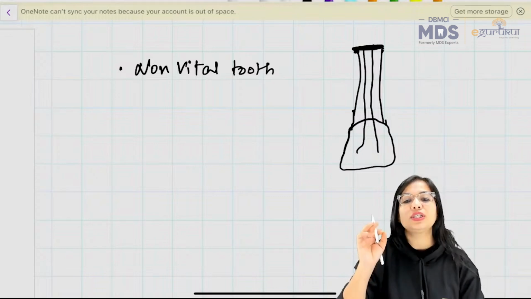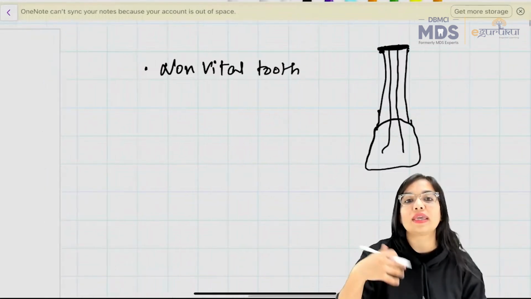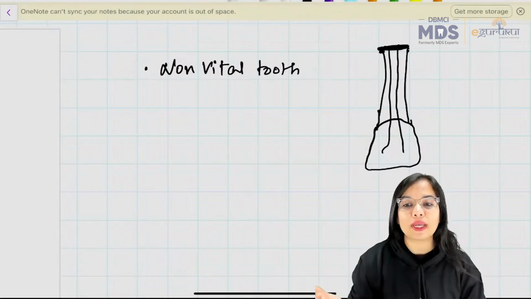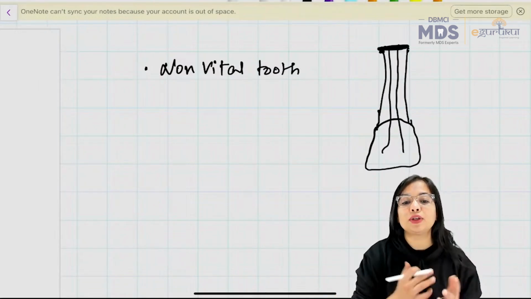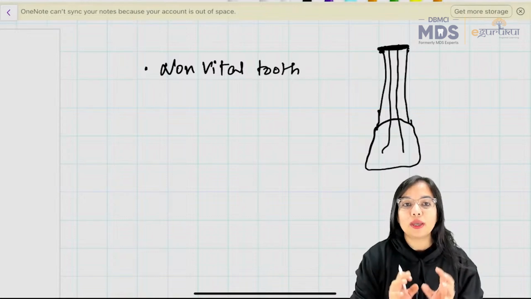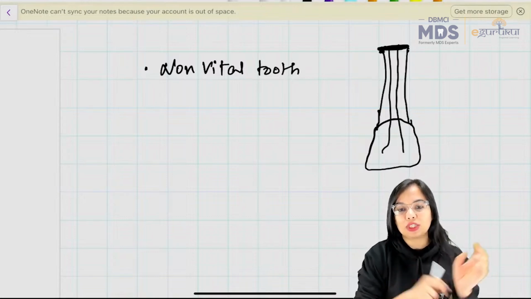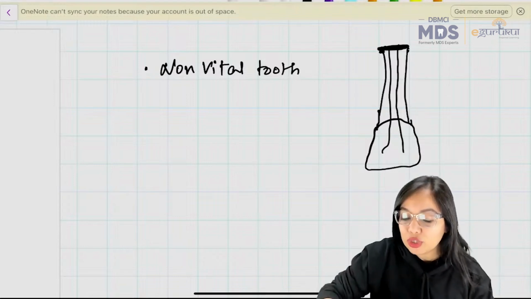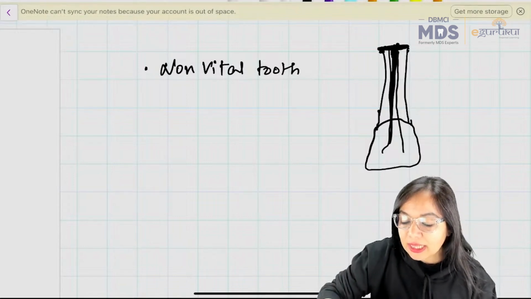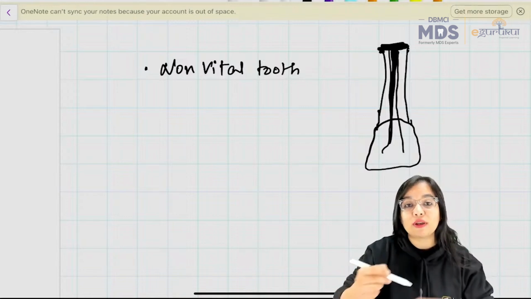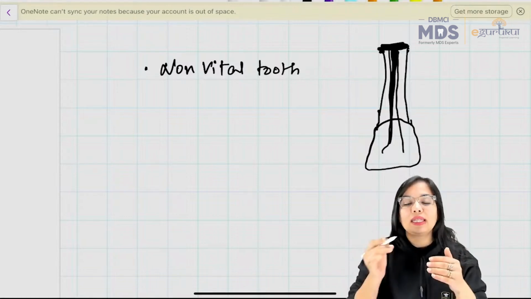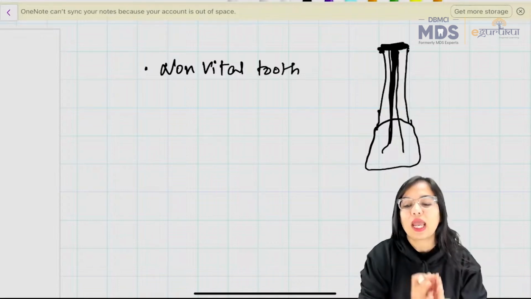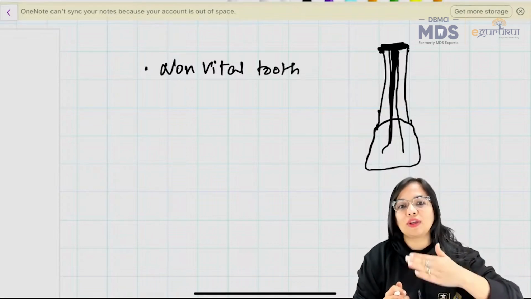So apexification is a method where you induce a calcific barrier in the root with an open apex, or continued apical development of the teeth with incomplete roots and necrotic pulp. When you use calcium hydroxide or Metapex, you just fill in the root canal, and then a calcific bridge is formed at the root end. Later you remove all the Metapex, Vitapex or calcium hydroxide,